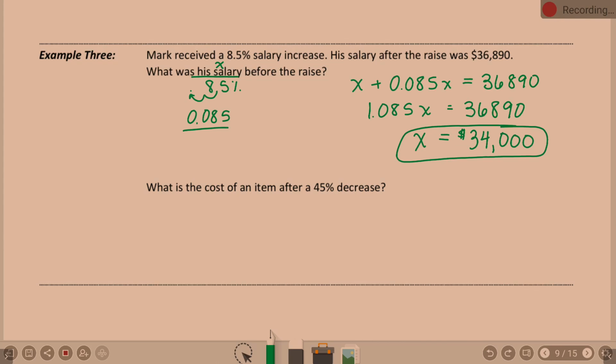The other part of this is separate, and I know the bell's going to ring on me, unless you know exactly what you want to say right there. But cost of an item after a 45% decrease, we'll talk tomorrow. I would like to say you might get a little bit of work time tomorrow. That'd be awesome. But you're not going to say it because you know if you do, then